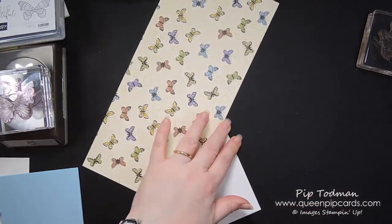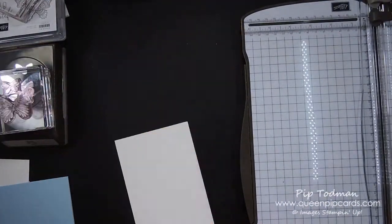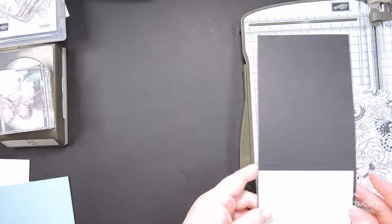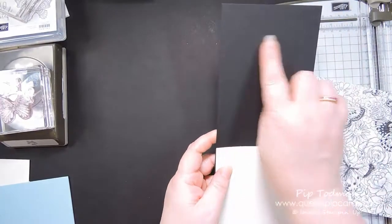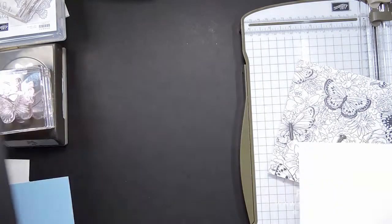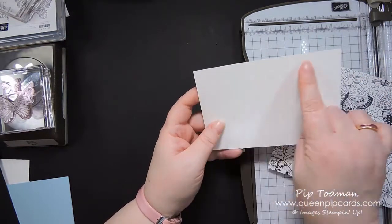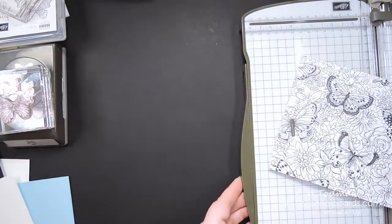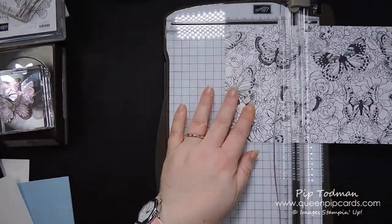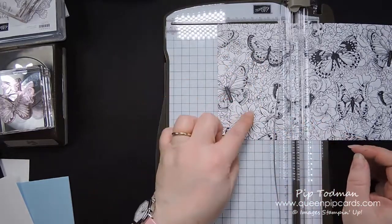But for now I'm just going to, I've already cut myself my card base, so I'm just going to cut myself my top layer. So I've cut my card base 10.5, you can't see that black on black, that's not very sensible, but I've cut it 10.5 centimetres this way by the whole length of A4. This way it's just a piece of card, A4 card chopped in half. Then this is 10 centimetres by 14.4 centimetres. So that means that this one has to be 9.5 by 13.9. And if I do 9.5 just there, I'm going to get that butterfly really as my focal, and that